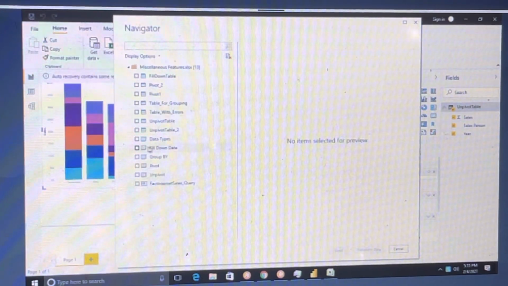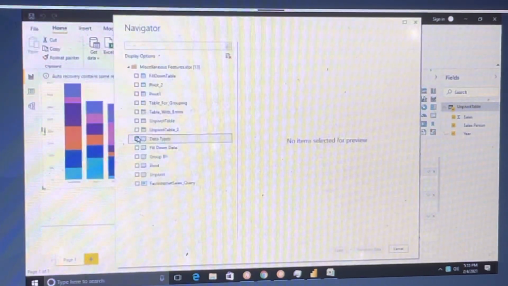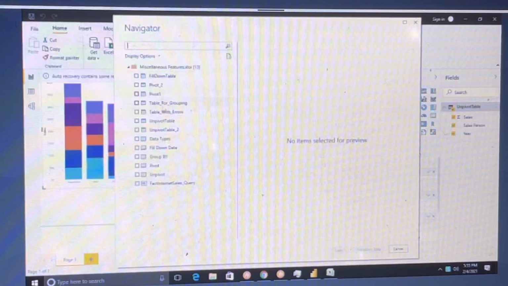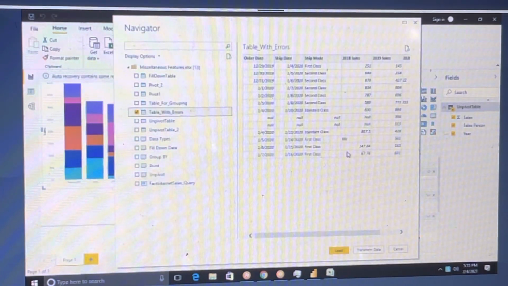Now what we have is data types. We don't have a sheet, so click on this table. Yeah, this is the data we have. Click on the transform menu bar.